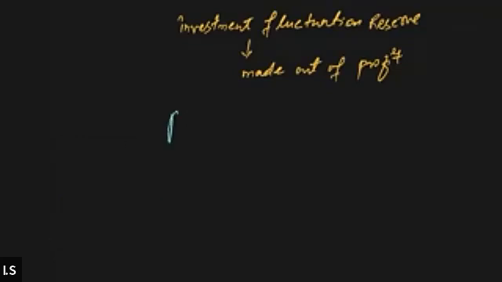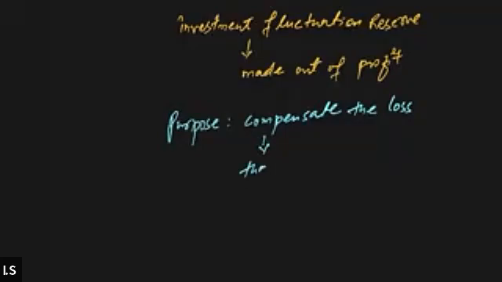See, the purpose of investment fluctuation reserve is to compensate the losses arising on account of change in the market value of the investment. The purpose is to compensate the loss that arises